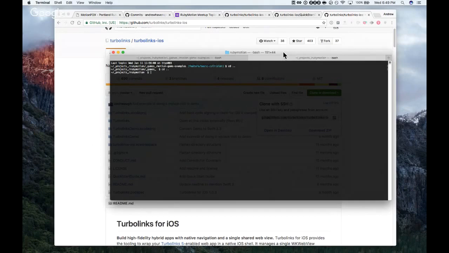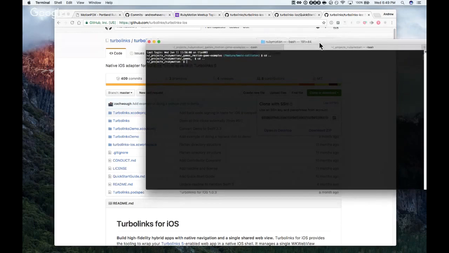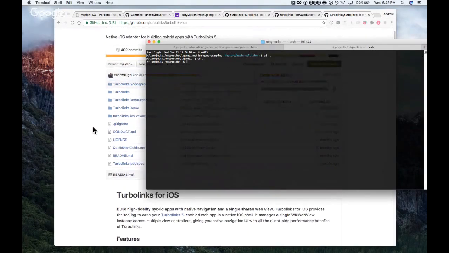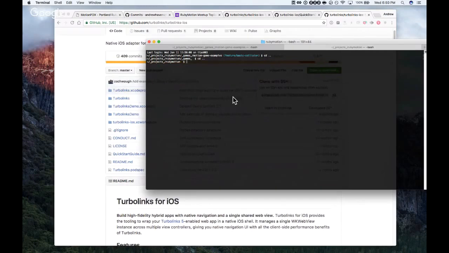Yeah, basically it provides some classes that you can use. You set up your application to use its classes by default, but then it gives you hooks to be able to do your own custom thing if you want to.